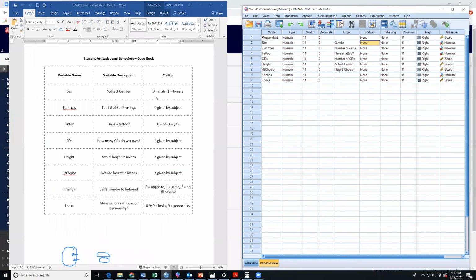So what we can do is, instead of constantly referring back to the code book, we can tell SPSS over here what the zeros mean and what the ones mean. All right, and so the way that we do this, make sure that you're in the